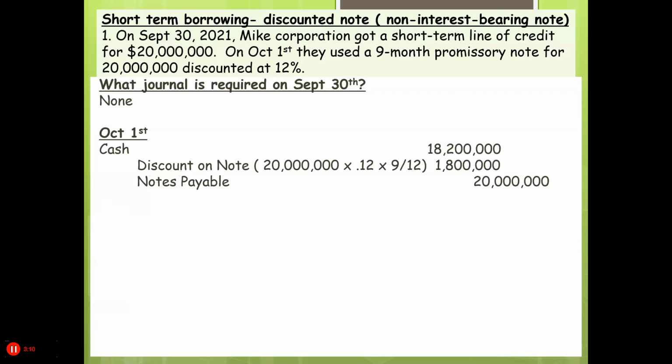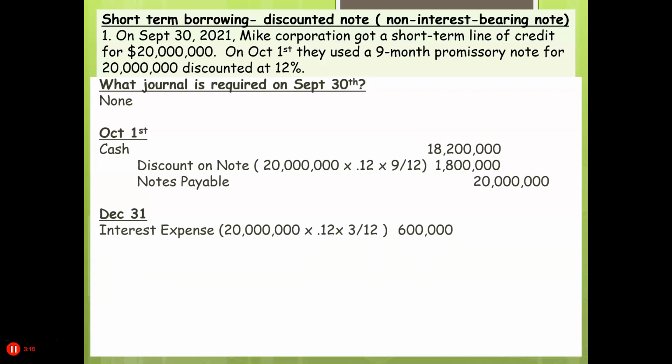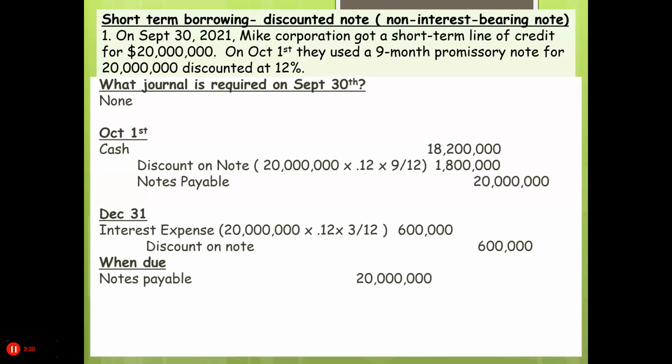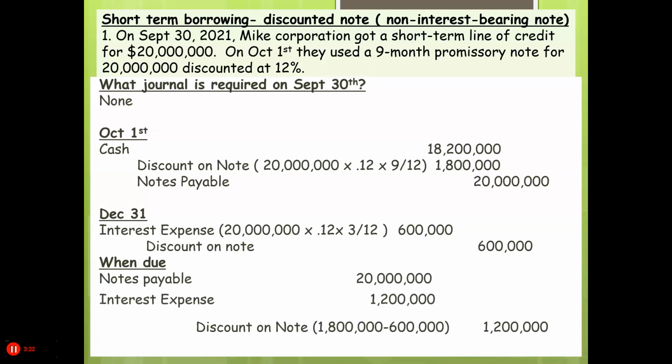And if you notice, you receive less cash because they're taking out the interest in advance. December 31st, we're going to accrue our 3 months worth of interest, and then when we pay it, we're going to debit the notes payable and credit cash for $20 million and take the balance of the discounted